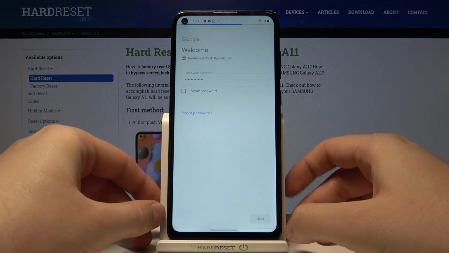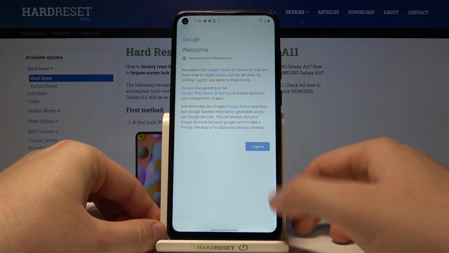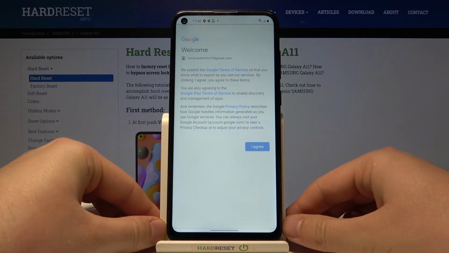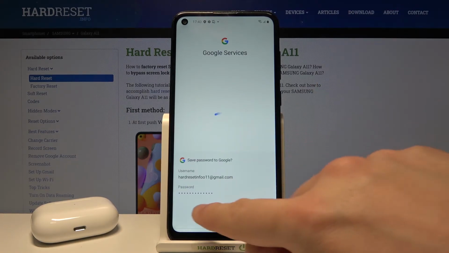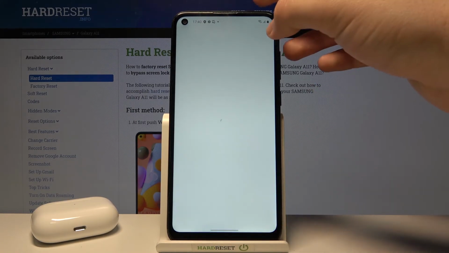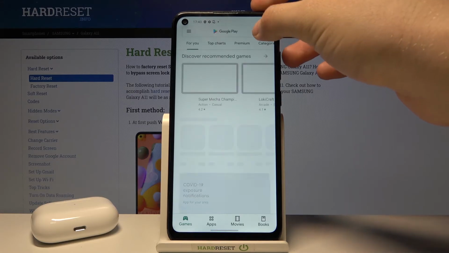When you input password, you have to click Next, tap Agree, you can save or not save your password, and after a few moments you are able to switch between accounts